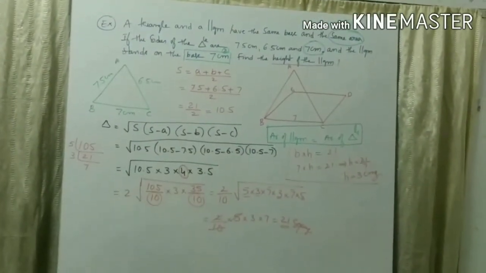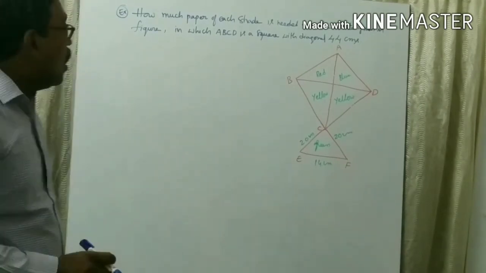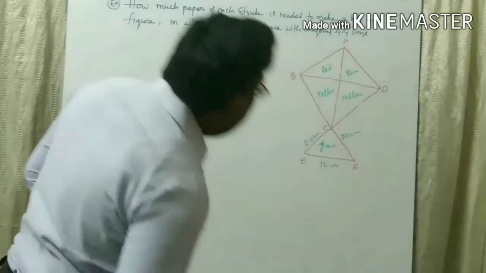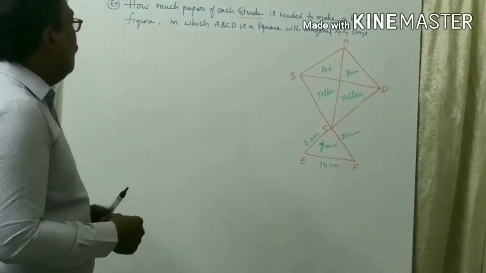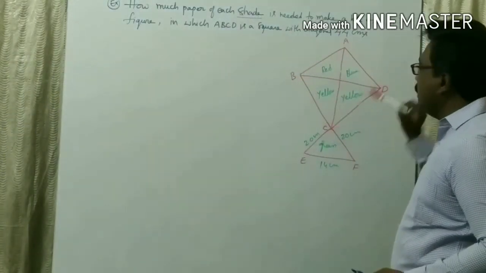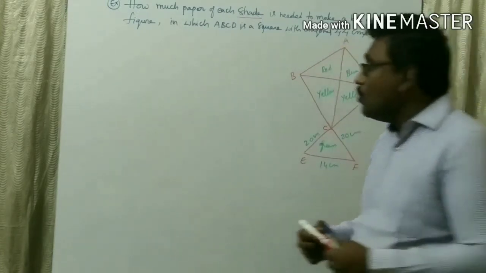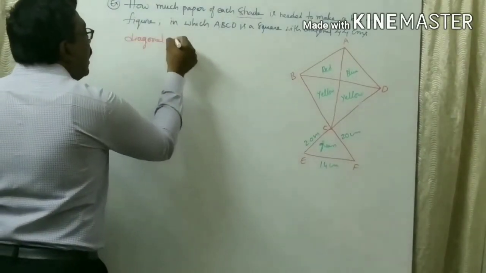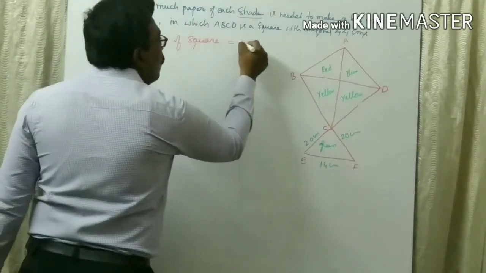Okay, we'll go with the next example. Okay, now one more example. How much paper of each shade? Each shade in the sense color is needed to make a kite given in the figure in which ABCD is a square. ABCD is a square given with the diagonal 44 centimeters. What is given? Diagonal of a square is given 44